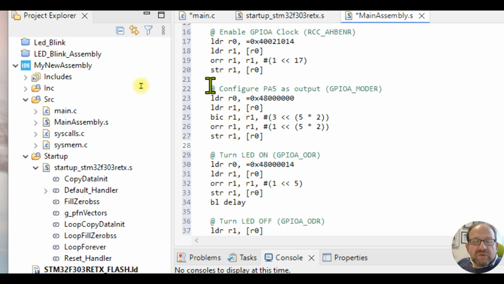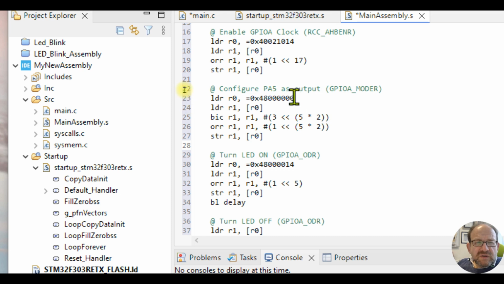Similar arguments go with the GPIO mode part for PA5. PA5 is my LED pin, so your LED might be residing somewhere else. So please make sure that your LED is in that position, in the fifth position. So how is it going to affect your code? Well, you're just going to be modifying a different portion of your register. So this 5 has to be replaced with whatever